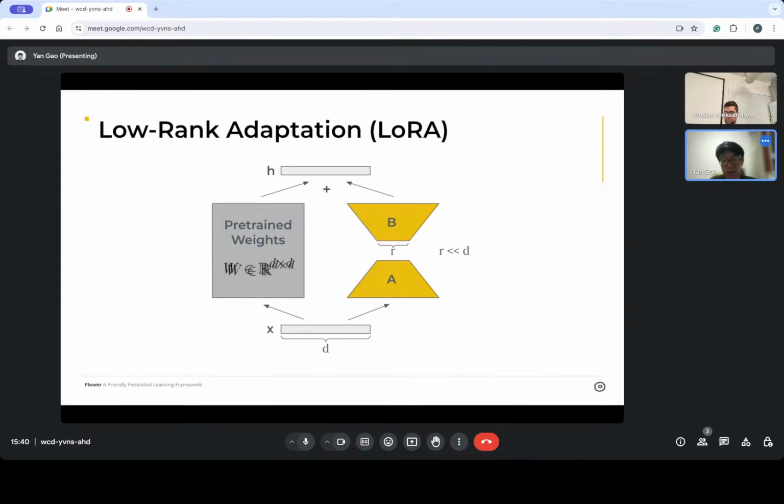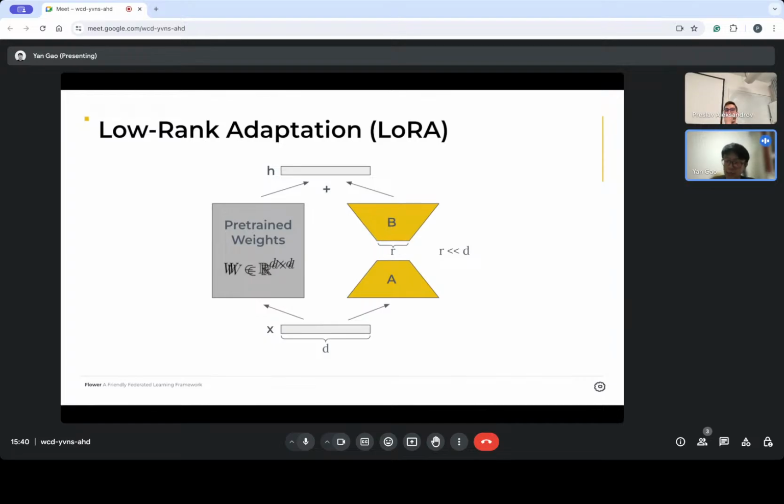So here I'm going to introduce one of the most popular parameter efficient fine-tuning methods. It's called LoRA, low rank adaptation, which introduces a low rank decomposition to modify the weights of a pre-existing network, allowing for efficient fine-tuning.